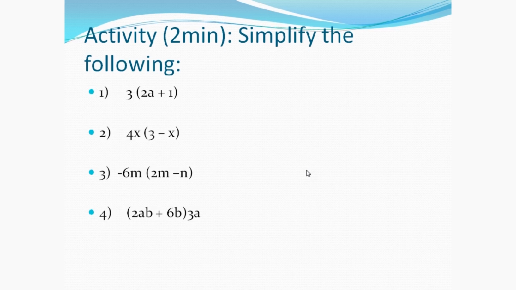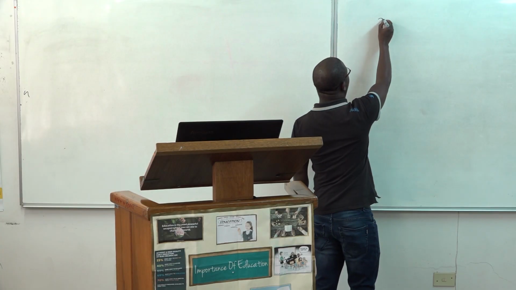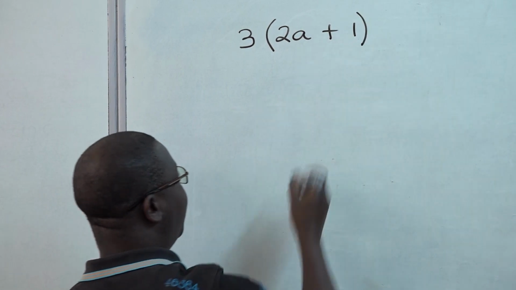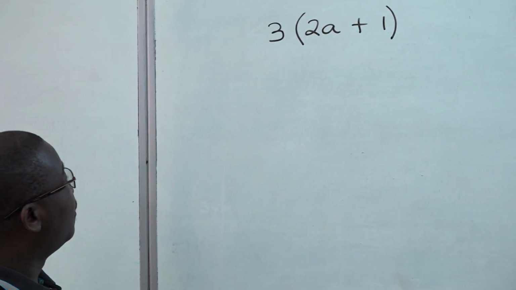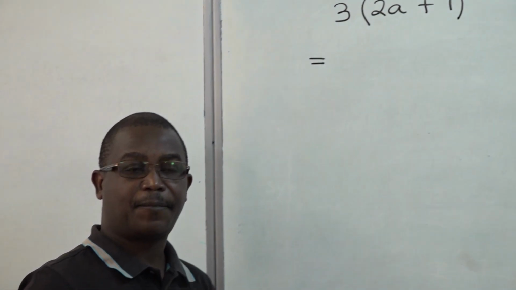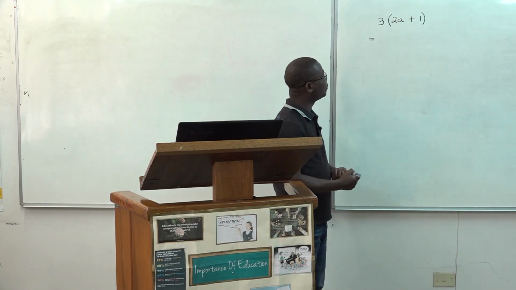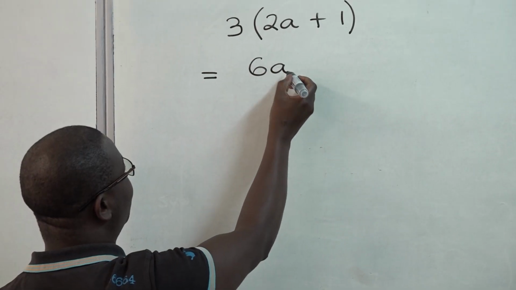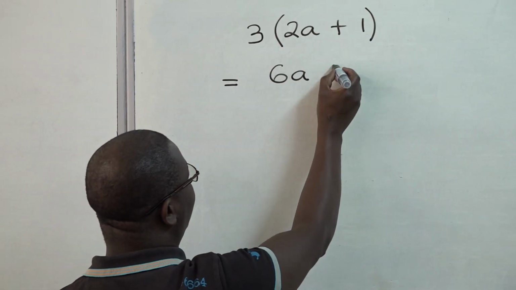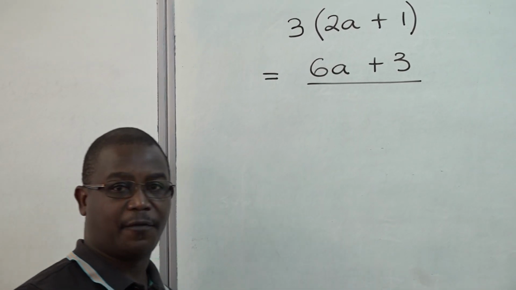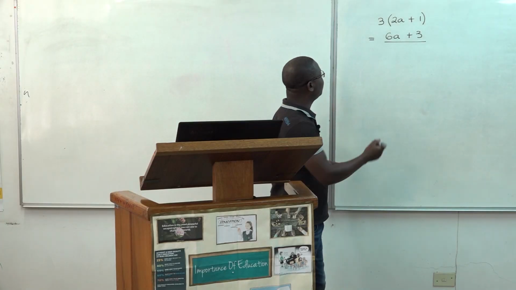We will start off with the first one, which is 3 multiplied by 2a plus 1. We said using the distributive law, the monomial, which is outside the bracket, multiplies in turn the terms that are inside the bracket. 3 times 2a will give us 6a. 3 times 1 will give us 3. Very, very simple and straightforward. We'll move on to the next one, which is